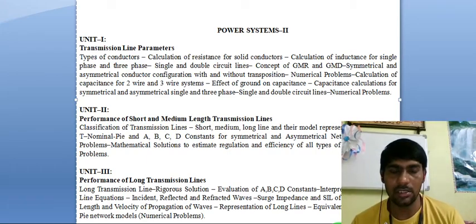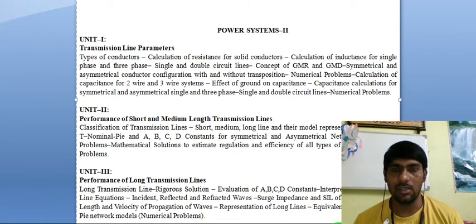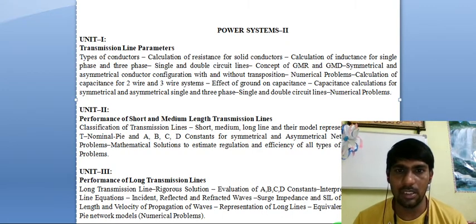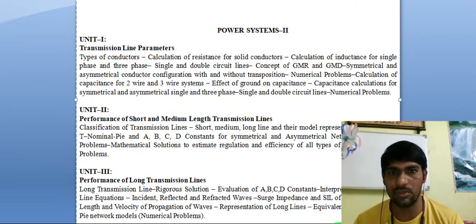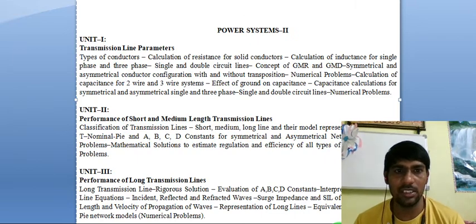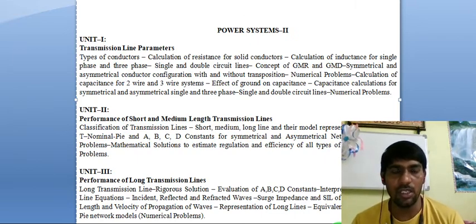Friends, last class we discussed an overview of the power system subjects. Now we are going to discuss briefly our actual syllabus, that is the Power Systems 2 subject. In this Power Systems 2 we have 6 units. Now I am going to give you a brief awareness regarding